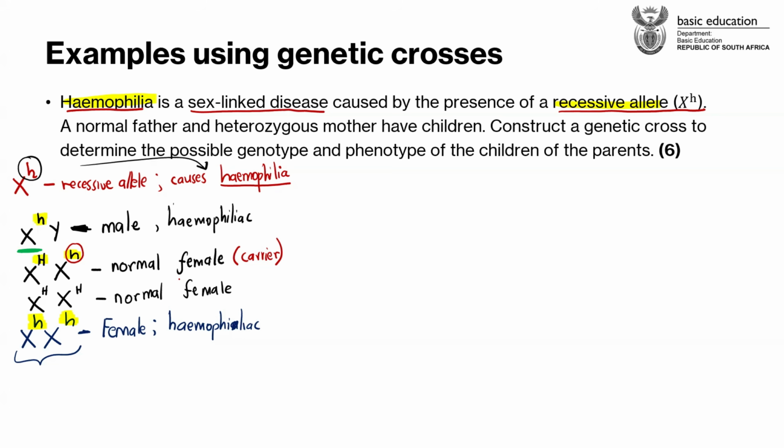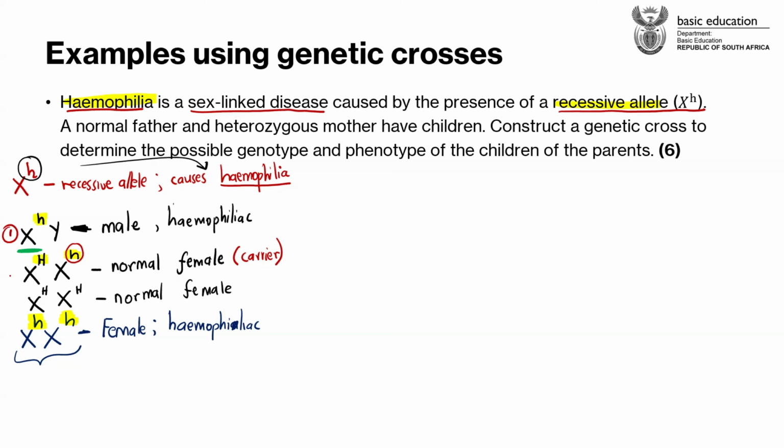Yes, Telmo? So in other words, you need to have two recessive alleles to have the disorder. Yes. For hemophilia, a female must have two recessive alleles because, guys, I told you that the recessive allele is only shown in the phenotype in the homozygous recessive condition. Otherwise, if you introduce a dominant allele, the recessive allele will be masked. Just like here in this normal carrier female.